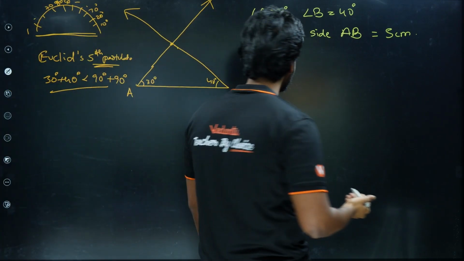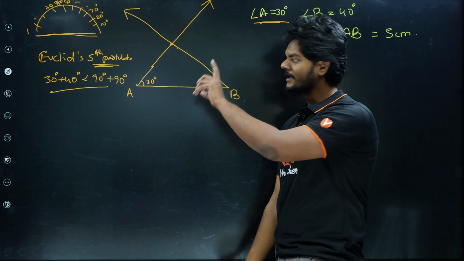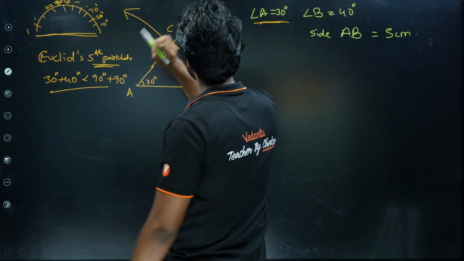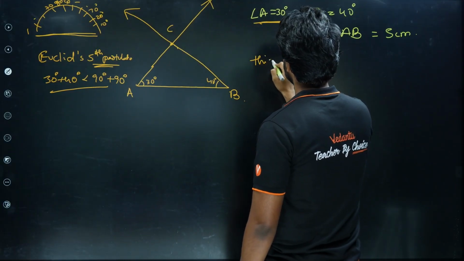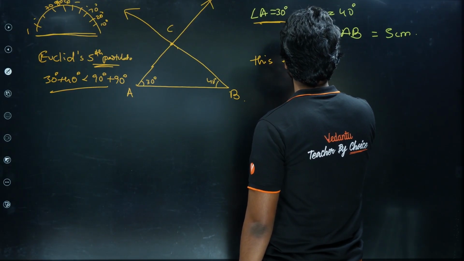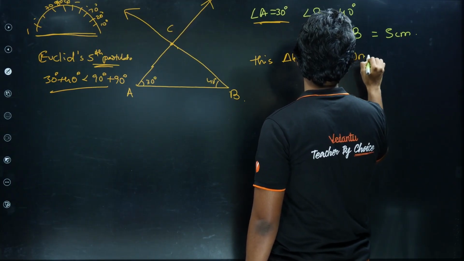So, using his postulate, we can say that the lines are always going to intersect. Wherever they intersect, name it C. Now this triangle ABC is unique,